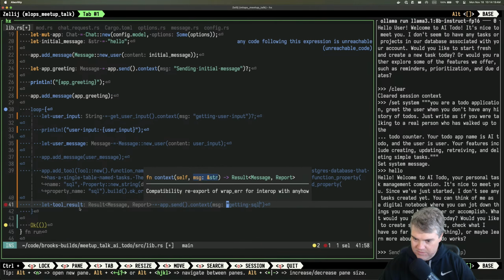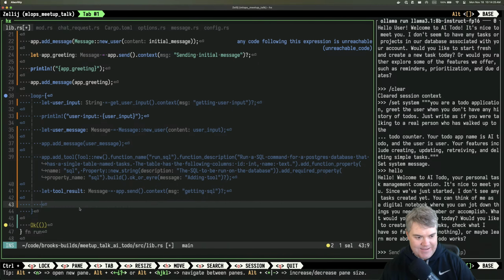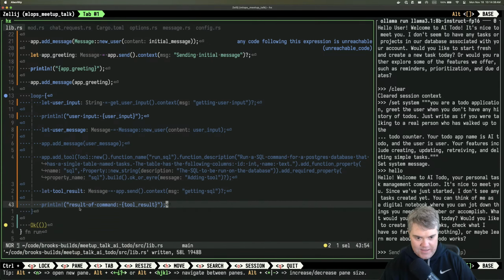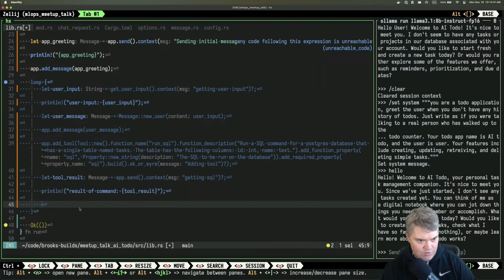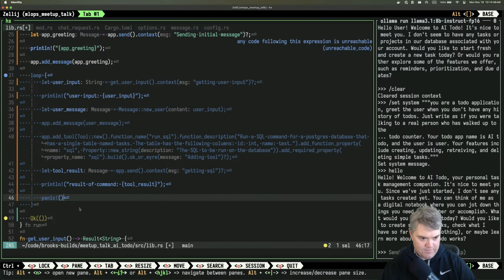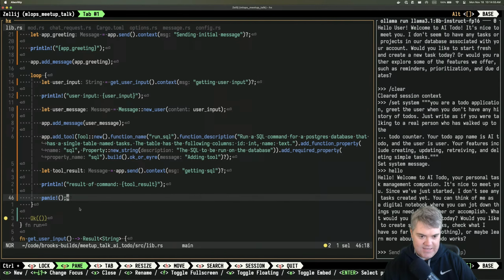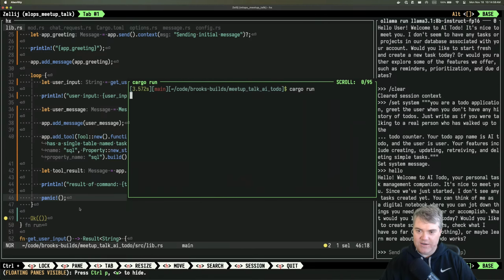Getting SQL. And let's print line result of command, tool result. And let's also crash right here. This is probably a good time to just panic. Then we just panic. Okay, so cool. Let's try this again. So if we run cargo run,